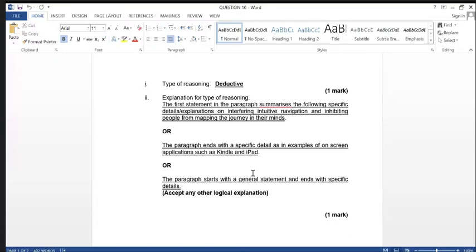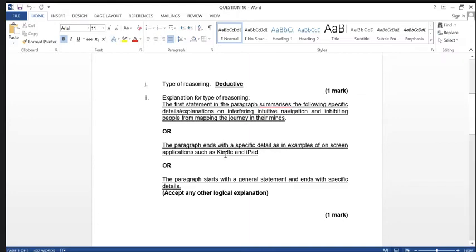Okay. What actually, how do you explain the organisation? So the statement in the paragraph starts with a sentence that summarizes the explanation about the main idea, the main idea and supporting detail skill there, right? Or you can look at the second explanation. The paragraph ends with a specific detail as in an example of on-screen applications such as,